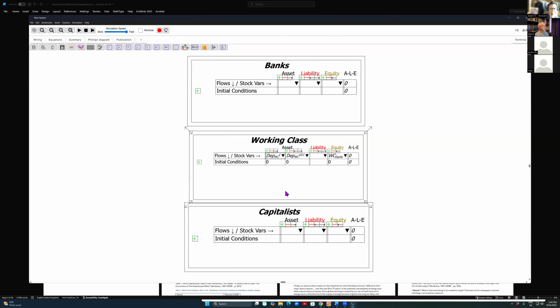So notice I've got deposits of the working class in pounds shown as an asset of the working class. The thing about double entry bookkeeping is something is an asset for one entity and a liability for others. So if I come up to the banks, those deposits are liabilities of the banks. If I click on this little wedge here, under liability, it goes looking for any assets that haven't yet been shown as a liability for somebody else in the system. So if I click there, I'm going to get,